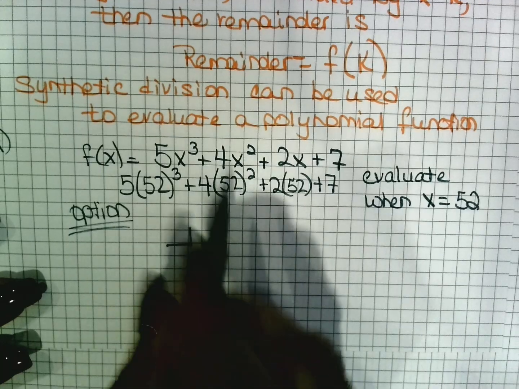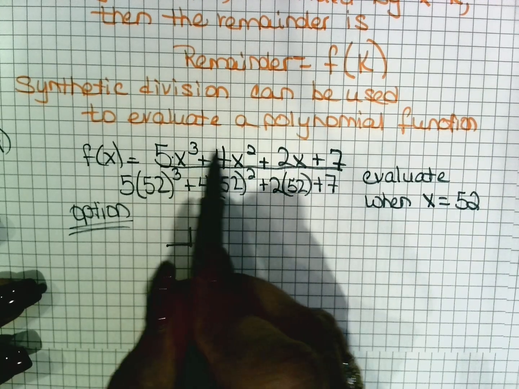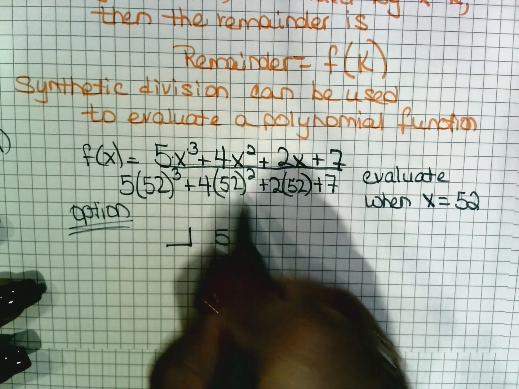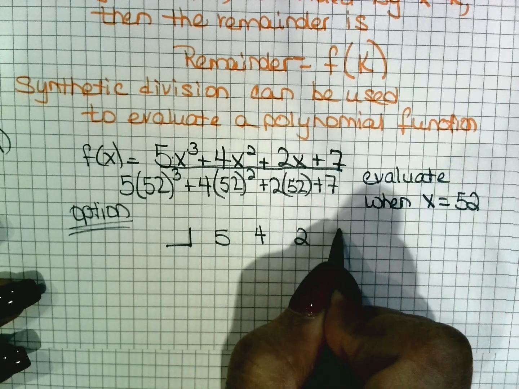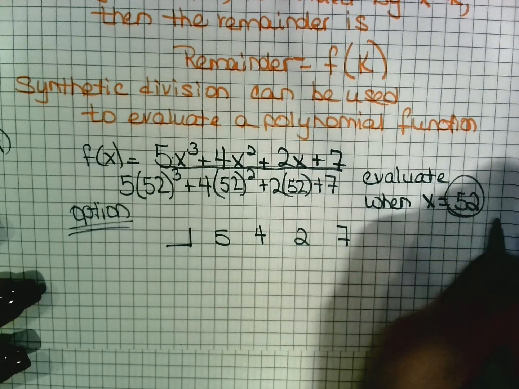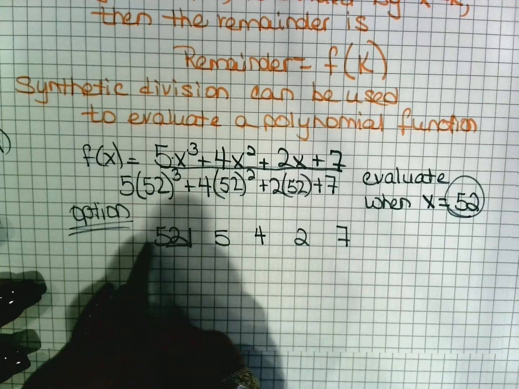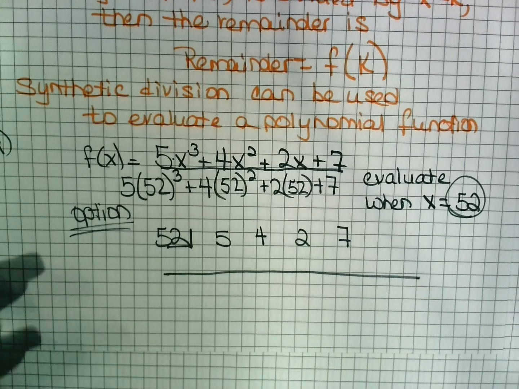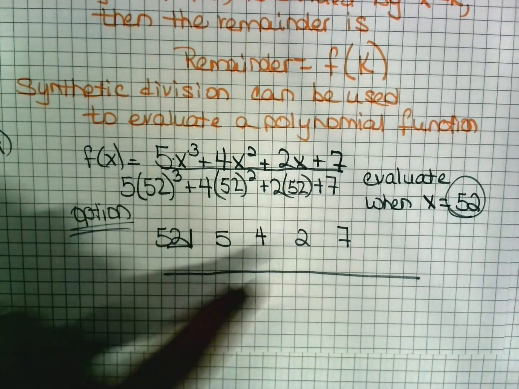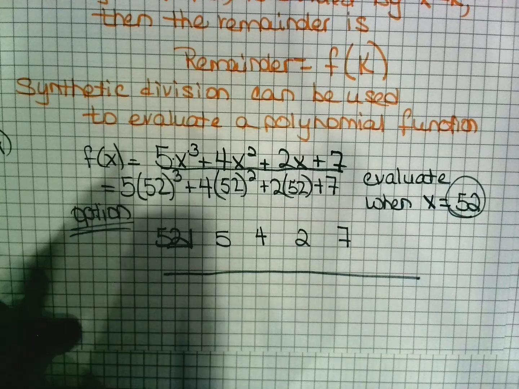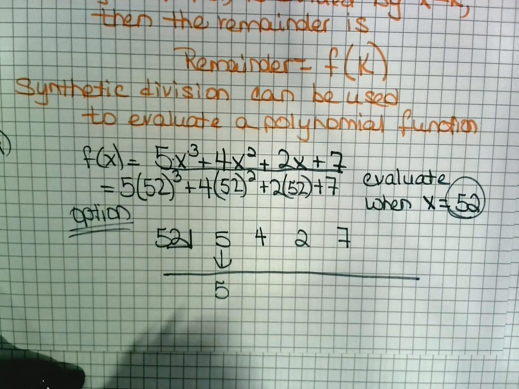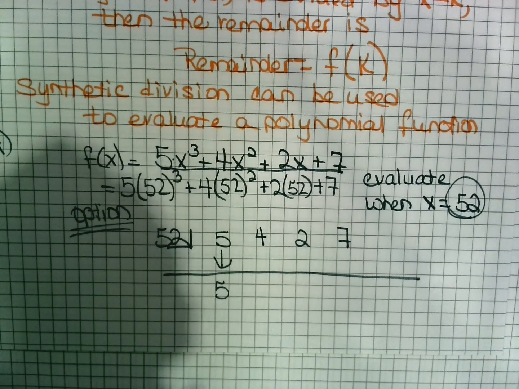Notice that this is a polynomial where all the terms are there, 3, 2, 1, 0. So I'm going to just put the coefficients. And here x equals 52, so we don't take the negative. That is actually what x is equal to. And we're going to go ahead and divide. When we get our remainder, that's going to be the same answer as whatever this monstrosity is right here. All right, so let's try it. We bring this guy down. This is 5. We're going to multiply 5 times 52,